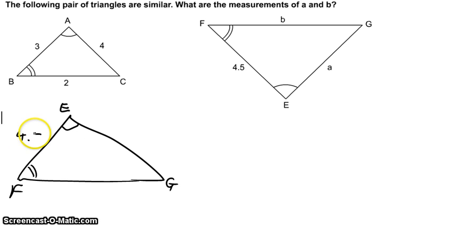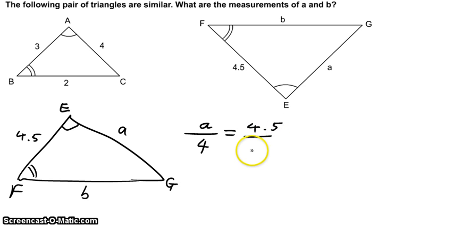So EF is still 4.5. EG is now on the top, which is A, and FG has switched and been flipped over to be something like that. Now we can connect the corresponding sides together. Okay, and as we've said before, my tip to you is if you're trying to find A, then start with A. So A goes to the ratio of A to 4, so I'm now going to corresponding sides. The EG corresponds with AC. So A goes to 4, and what we're looking for now is that 4.5